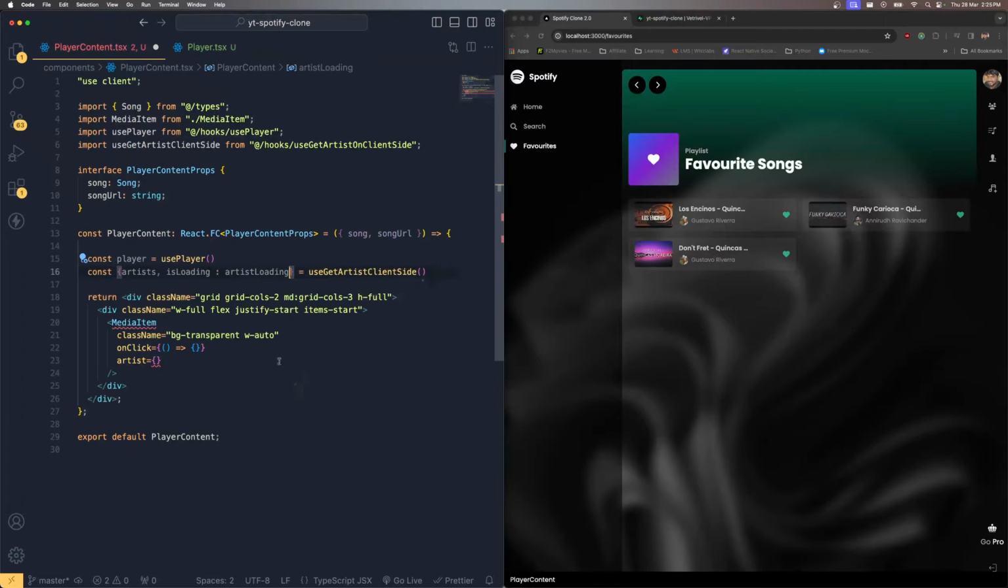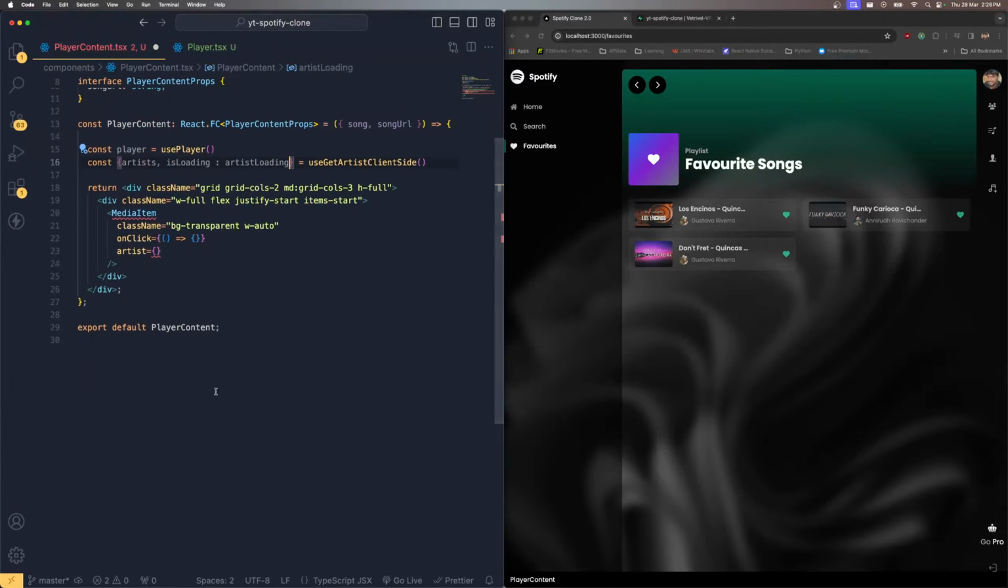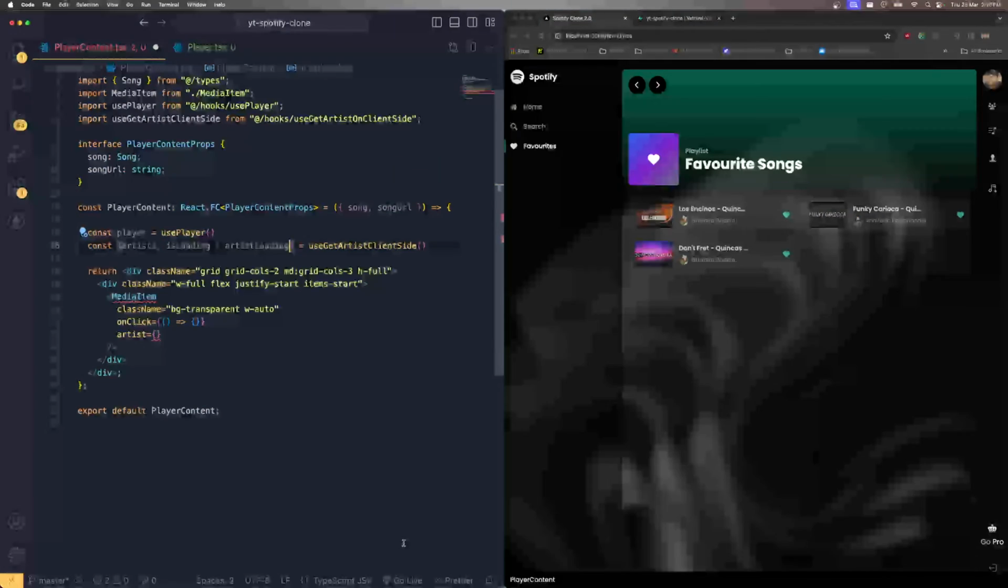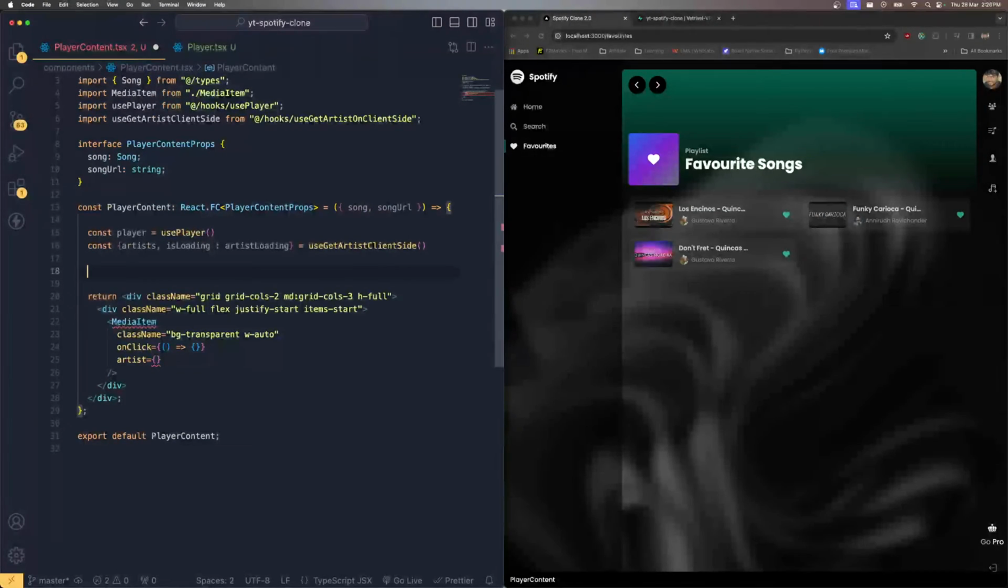Okay, so what I'm going to do is, if the artist is loading, because you know that we are trying to fetch the detail of the artist from the client side. Every time you load the artist detail, it's going to cause some delay, so it will take some time to load the artist detail from the client side. In order to avoid that, if the artist is loading, I'm going to return,